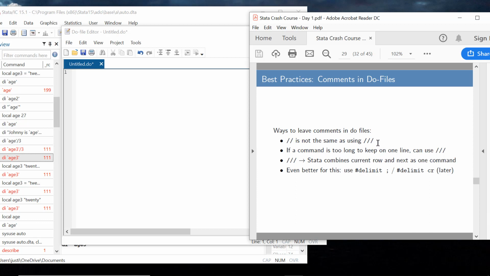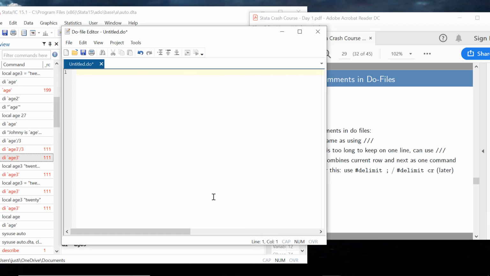And before we get started, just a few more things to note that will make perhaps more sense later. Slash slash is not the same as slash slash slash. If you use slash slash slash, Stata is going to treat the next row as a part of the first row. So if you have a long command and you don't want it stretching over, past this line,